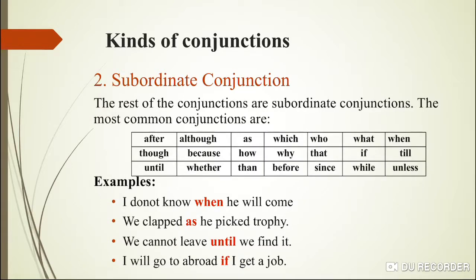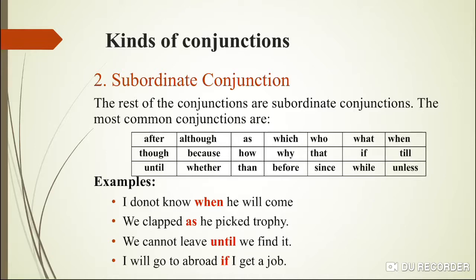Subordinate conjunction. अब remaining जो आपके पास हैं, all the other conjunctions except the fan voice, they are the subordinate conjunctions. इनमें जो chief subordinating conjunction है, we have mentioned over here. W से शुरू होने वाले जितने भी conjunctions हैं, these are subordinate. जैसे which है, what है, who है, when है, whether है, while है, all these words that start with W, these are subordinate conjunctions. So after, although, as, if, though, because, while, unless, until, after, all these are the subordinate